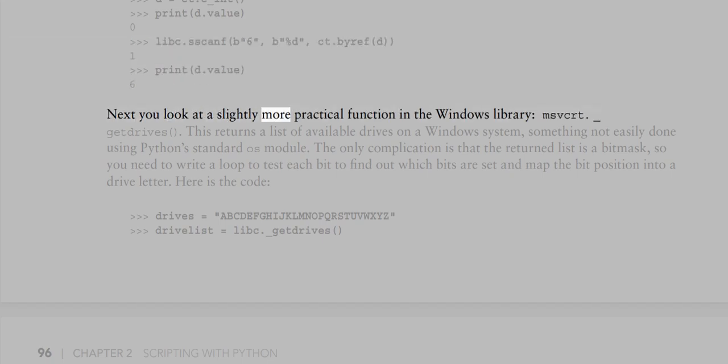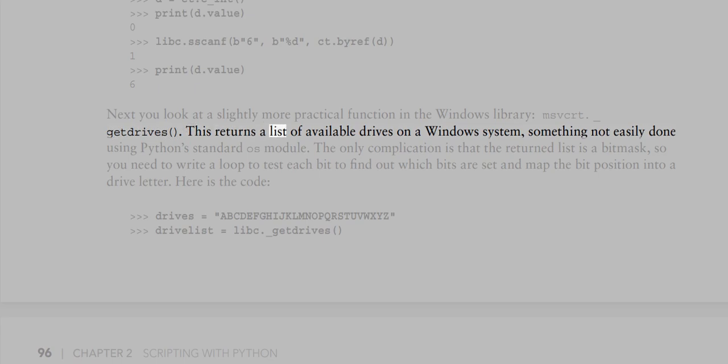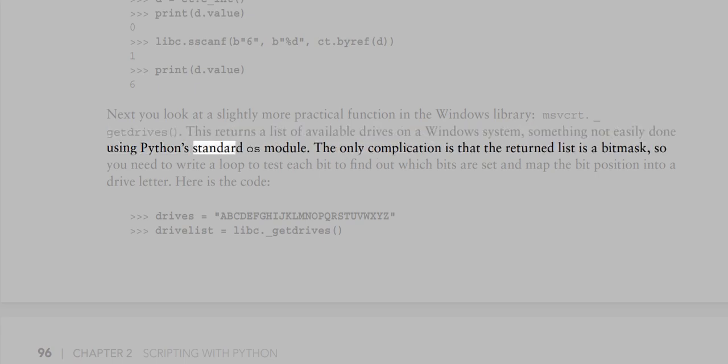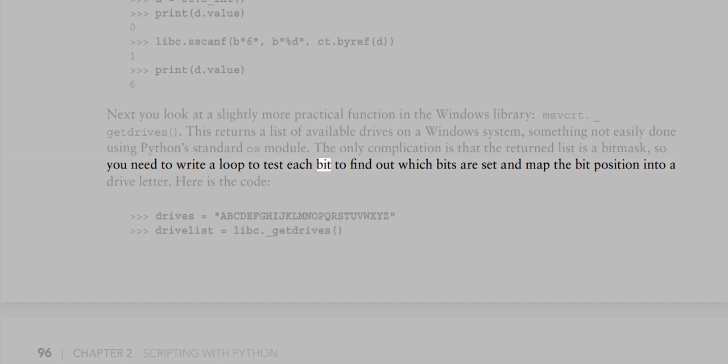Next you look at a slightly more practical function in the Windows library, MSVCRT, _getdrives. This returns a list of available drives on a Windows system, something not easily done using Python's standard os module. The only complication is that the returned list is a bitmask, so you need to write a loop to test each bit to find out which bits are set and map the bit position into a drive letter. Here is the code. drives = "ABCDEFGHIJKLMNOPQRSTUVWXYZ"; drive_list = lib._getdrives()